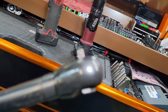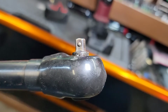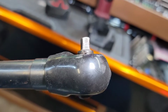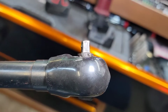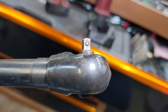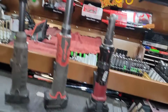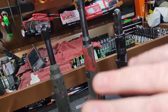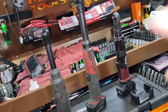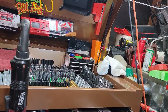He also did a test for the slowest, and I don't understand that. If we watch here, he did a test on the slowest speed. I literally don't run into very many situations where I need that, so that test was pretty much a moot point to me too. Just several things that I could just tell were very not conducive to what a mechanic actually uses these things